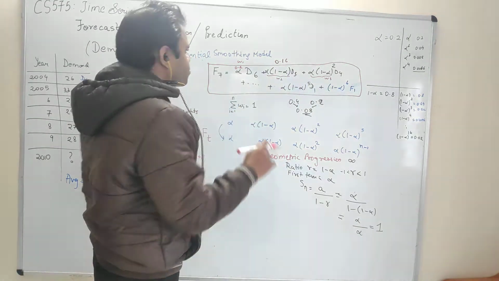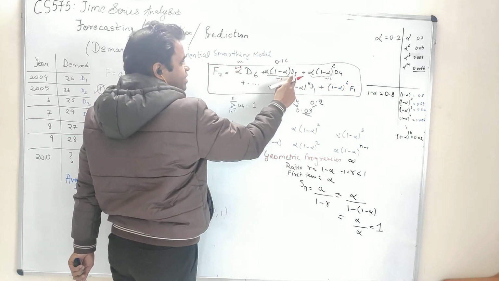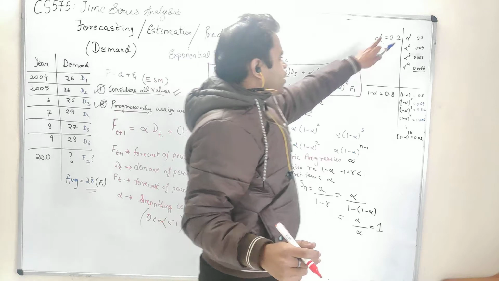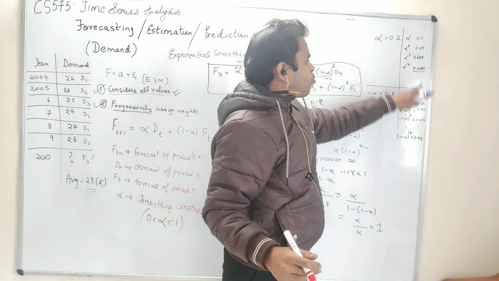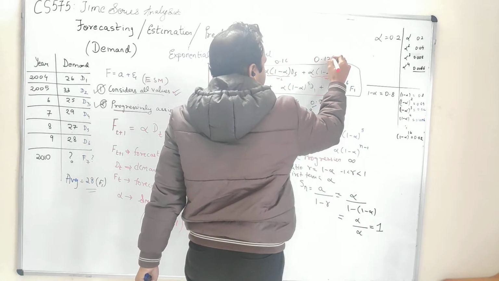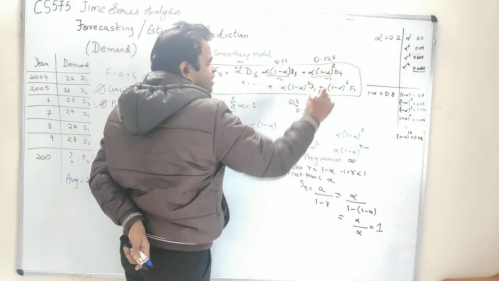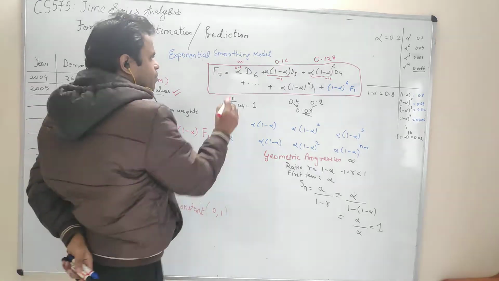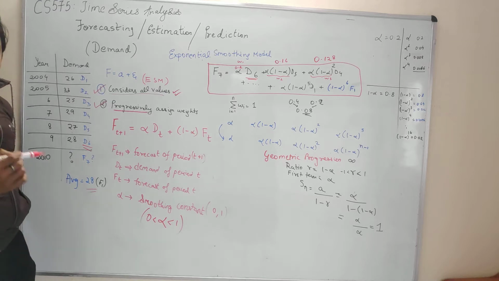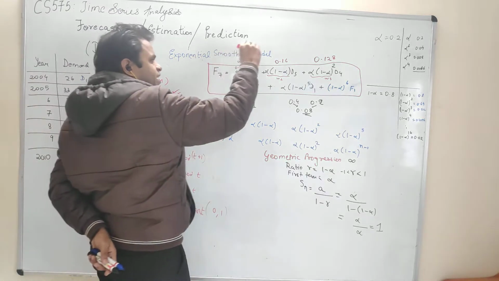Similarly, the value of D is 0.2, the value of the second weight, that is D5, is 0.16, which is less than this, right? This is 0.20, this is 0.16. So 0.2 into 1 minus alpha square, so 0.2 into 0.64, that gives me 0.128. So now you can see the weights are getting reduced at each and every step, right? And I am assigning the highest weight to D6. So what is my D6? D6 is my most recent demand, right?